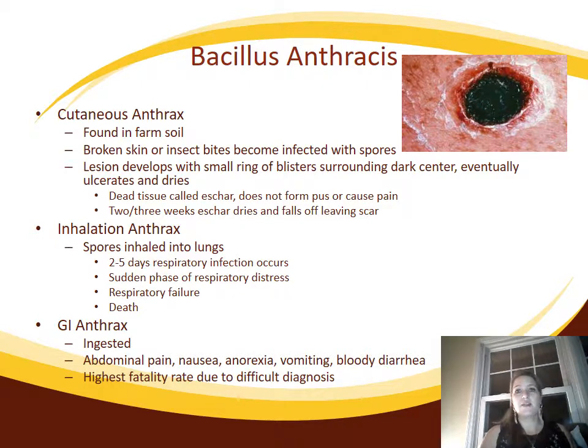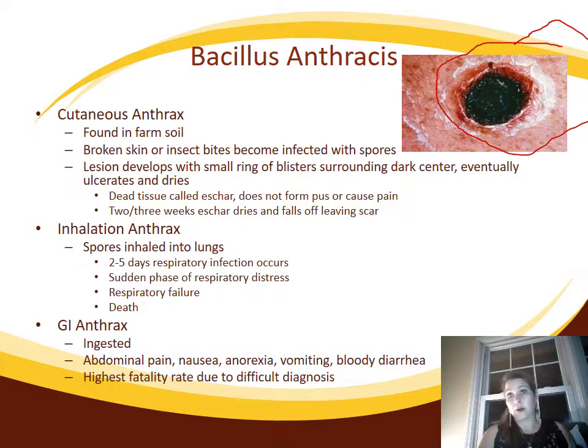The Bacillus anthracis is actually found in farm soil. It's fairly easy to isolate. All you have to do is take farm soil, put it on a petri dish, grow it for a little while, isolate anthrax, and replate it, continue to grow it. It's actually incredibly easy. I probably shouldn't tell you that. Anyway,